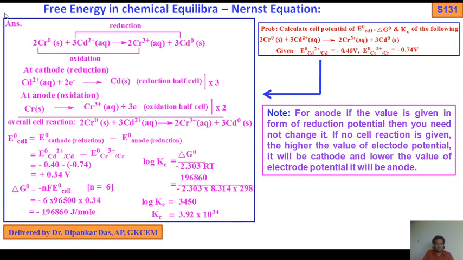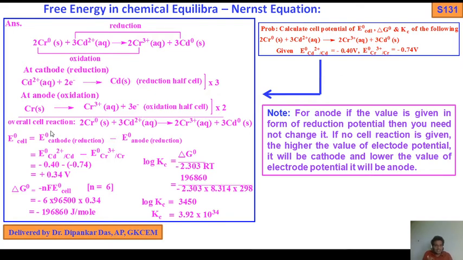Okay, so I have written here chromium solid, 3 cadmium 2 plus aqueous, as I already discussed in the application of Nernst equation, chromium 3 plus aqueous, and 3 cadmium 0 solid. So 0 to 3 plus is oxidation, plus 2 to 0 is reduction. So at the cathode, reduction, I have written this. Now 2 electrons, 2 charges, balanced, no problem. At the anode, chromium solid to chromium 3 plus, here 3 electrons. Okay, this reaction is also balanced, but the problem is when you write down the overall cell reaction.